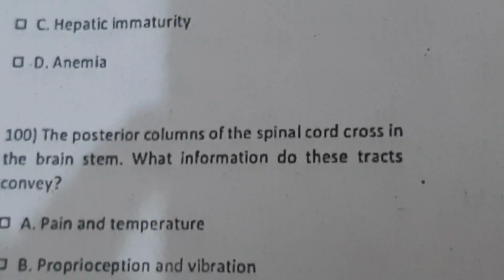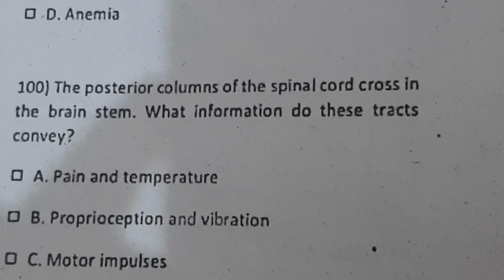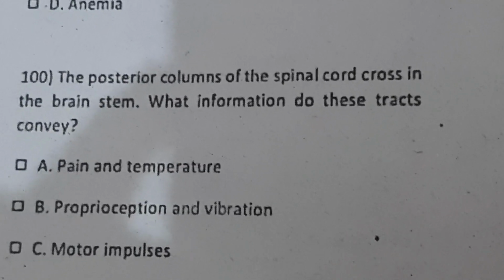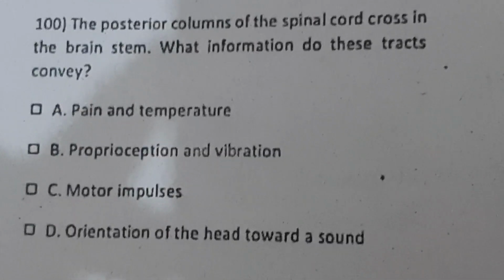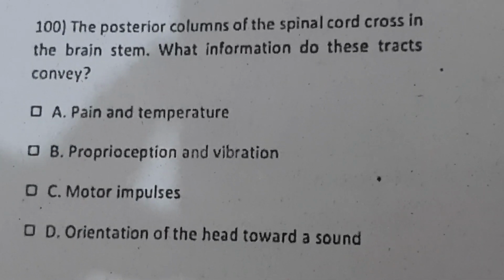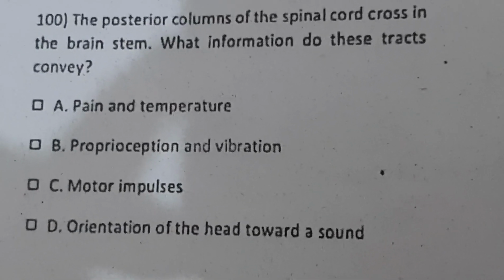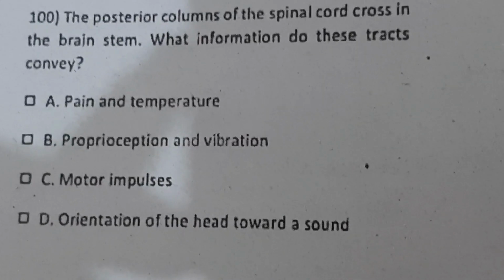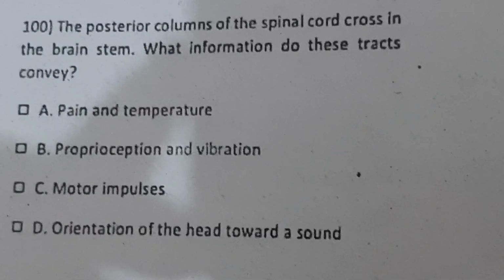The posterior columns of the spinal cord cross in the brainstem. What information do these tracts convey? A. pain and temperature, B. proprioception and vibration, C. motor impulses, D. orientation of the head towards the sound. Option B is correct, proprioception and